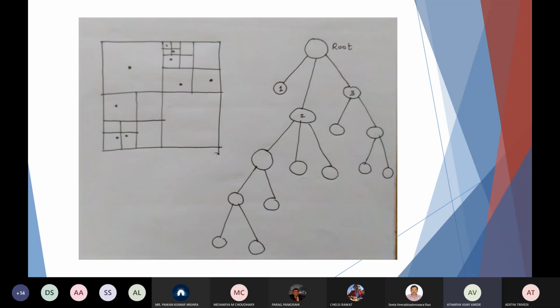So this is an example of the actual tree, like how the tree structure can be visualized. On the left, I've drawn a 2D plane with some points inside, and on the right, it represents how it would look in tree form. The root represents the entire unit square. Then node number one represents the second quadrant, the top left square, which contains exactly 1 point and thus need not be split further.